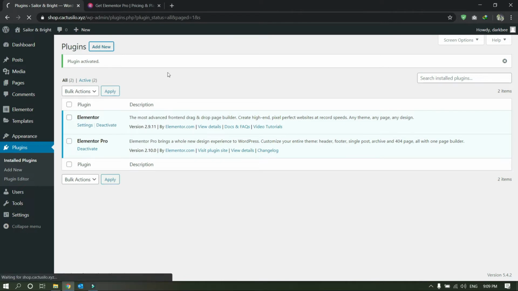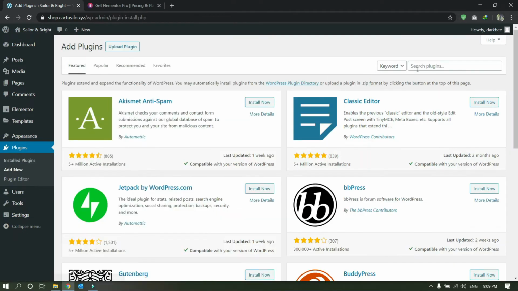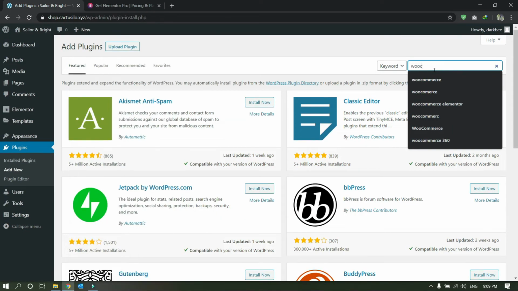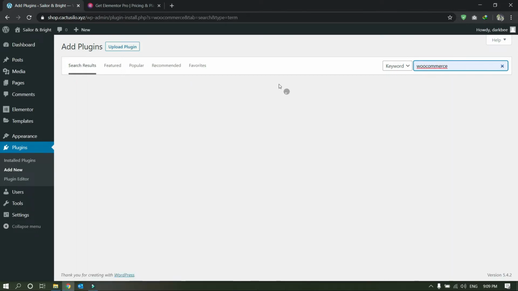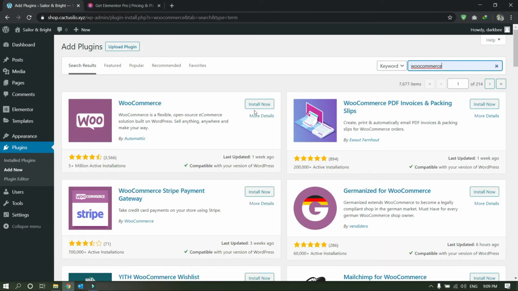Alright, so we also need some other plugins. First we need WooCommerce. WooCommerce is basically the e-commerce system used in WordPress. It's very efficient and it has a lot of features in it, so we will use WooCommerce in our product today. Activate,